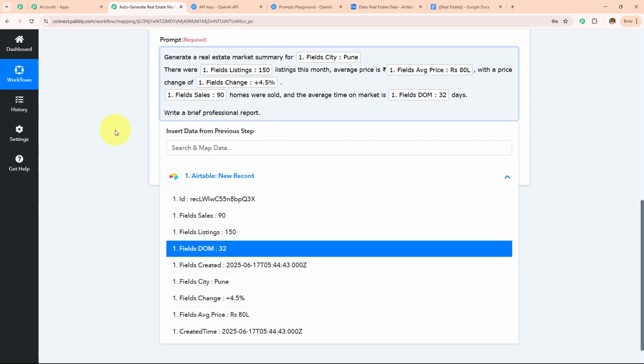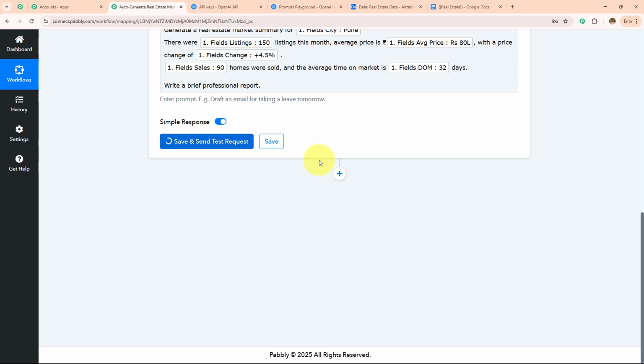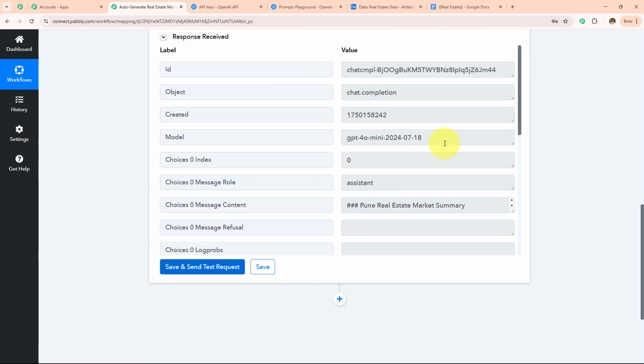Now over here, mapping is important so that every time you receive a new response, it is taken into consideration in this field. Manually entering the data will make this field static, and the information will not change even if you have received a new response. If I manually enter any detail, this field will become static, and every time I receive a new response, the result will not change. So to keep this field dynamic, we use this mapping process instead of manually entering the details. I have entered these details. I am simply going to click on save and send test request. Let's wait for the response. And here I have received the response.